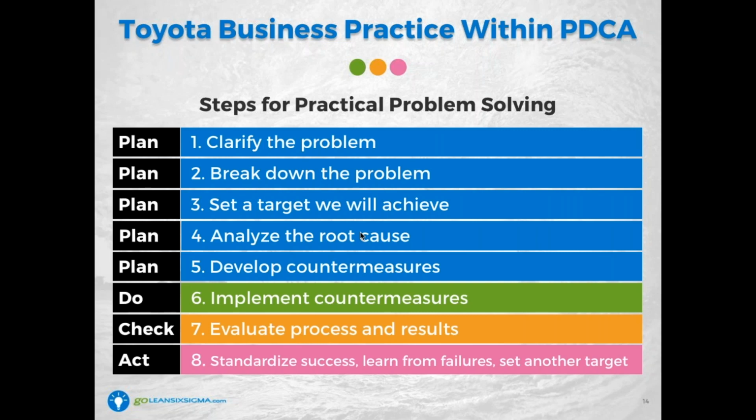So plan has 5 steps. Do has 1. You're basically implementing the solution to address the root causes, or I will say countermeasures here. You're implementing those countermeasures and running an experiment to see if it's actually working, if it's going to actually resolve the root cause. And that's an important step too, because I think sometimes people want to implement the solution and